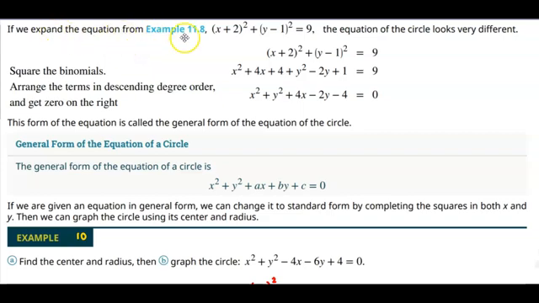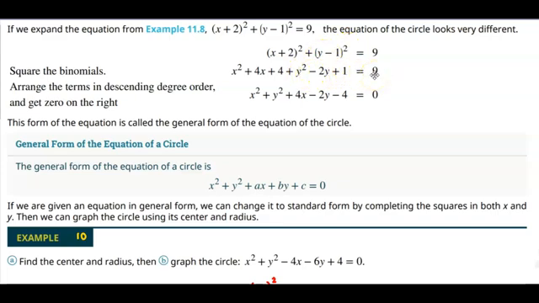Okay, now if we expand the equation (x + 2)² + (y − 1)² = 9, the equation of the circle would look very different. That means that if we take (x + 2)² and multiply it out, we would end up with x² + 4x + 4. Plus, if we multiply (y − 1)², we get y² − 2y + 1, which is equal to